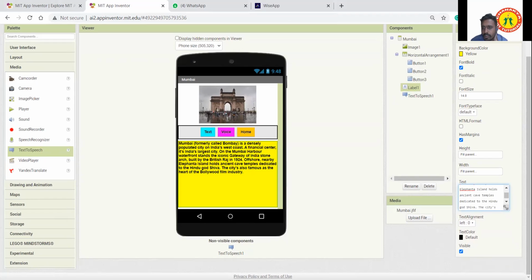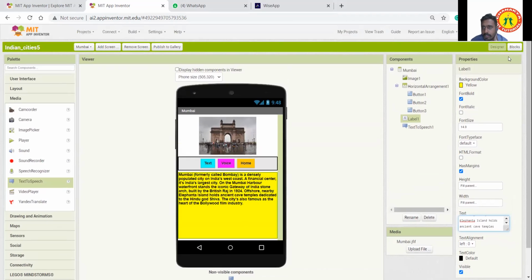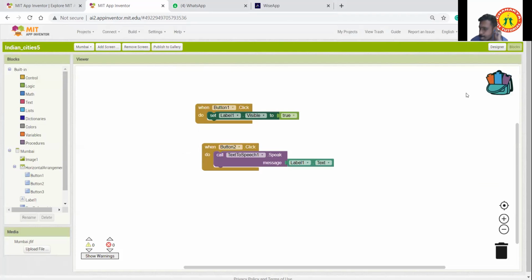Okay, just check that. Okay, sir, I added. So now it should come, I guess. Set label. Yeah, it will come. Okay, guys, completed.